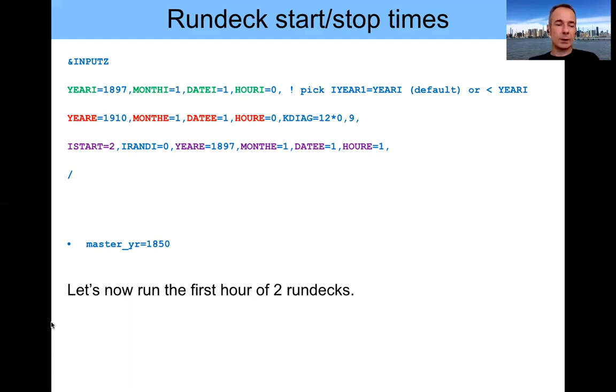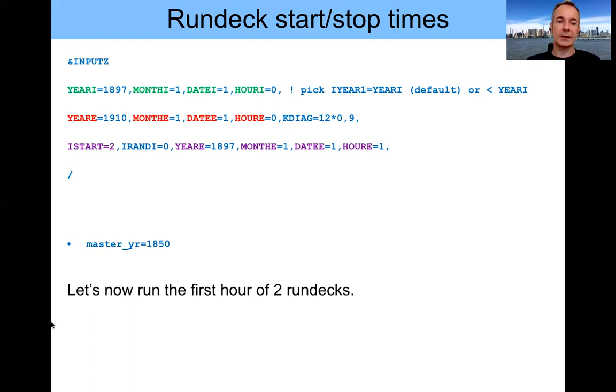And one thing that we are not using in the planetary simulations, but the ability to use it is there, is to set master year equals 0. If you do that, then the years that you have defined in the input Z section above start to make sense. They are not just indices, they are the actual years. So essentially, in the example that you have here,